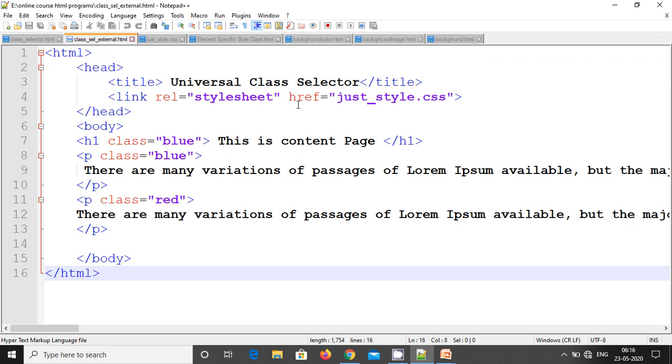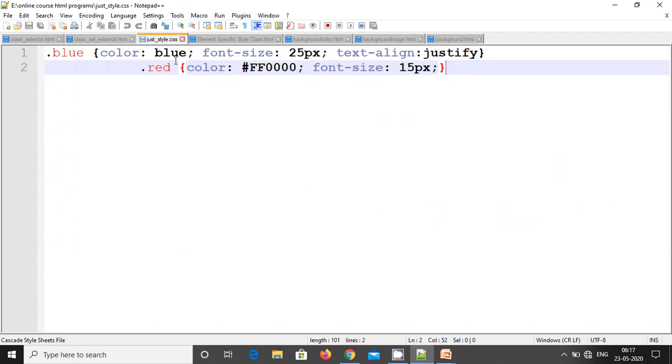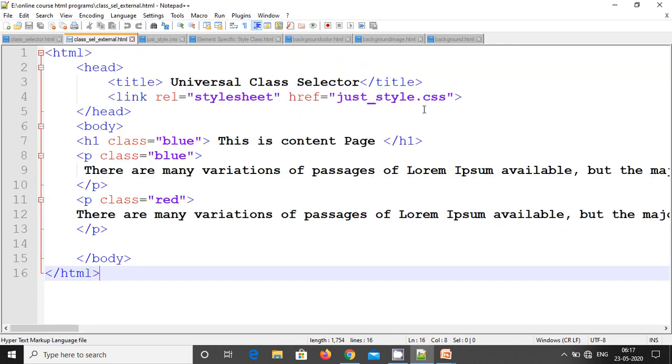And then we have to give href, that is hyperlink reference, which file we are going to refer to, and we have to give the path of the complete file. Here I have given the file name as juststyle.css, because I saved this particular file with the name juststyle.css.